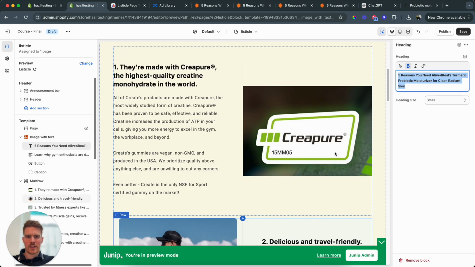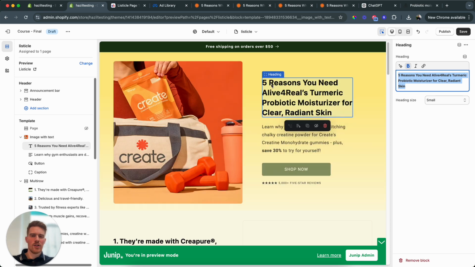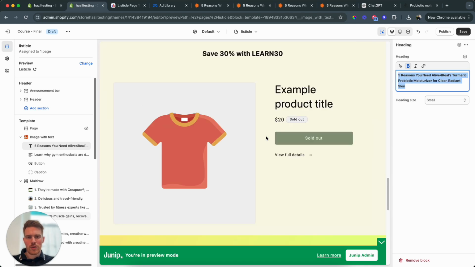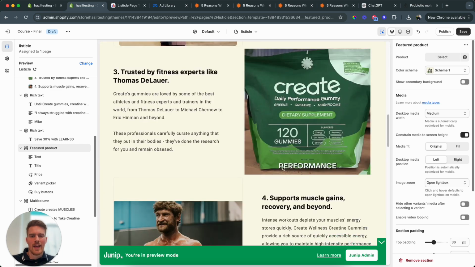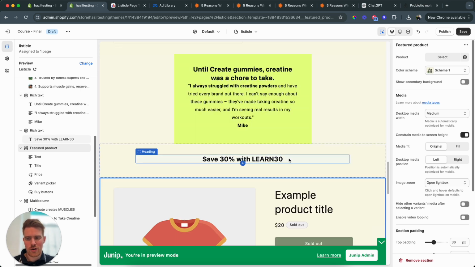You go through this, make sure you link your buttons. We remove the navigation, so up here there's no navigation, even though you had it. This is actually in code, so your navigation will be gone. That's exactly what you want. And then the most important thing at the bottom, make sure here you actually select the product you want to